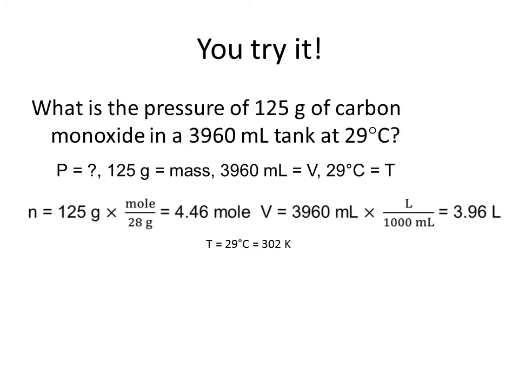The next thing I need to do is to write what equation applies. So I write PV equals nRT. I need to solve for pressure, so now I'm going to rearrange my equation. I come up with P equals nRT over V. This is to a point now where I can plug in my numbers into the variables. So I plug in each one of these,